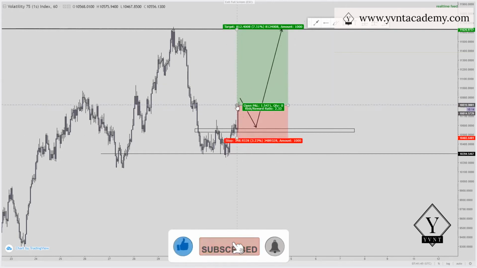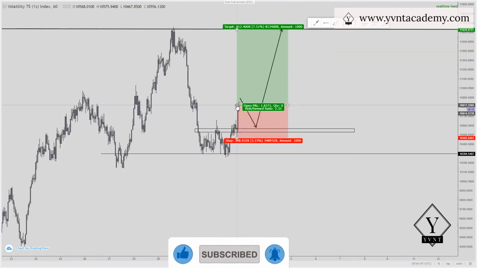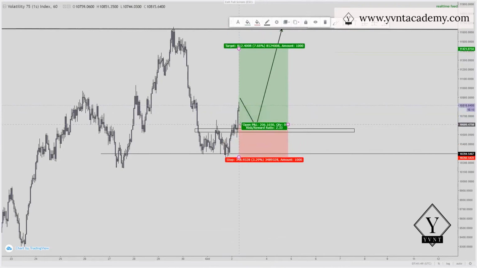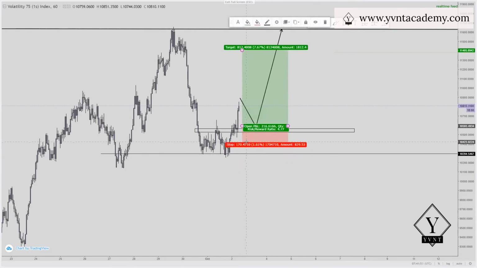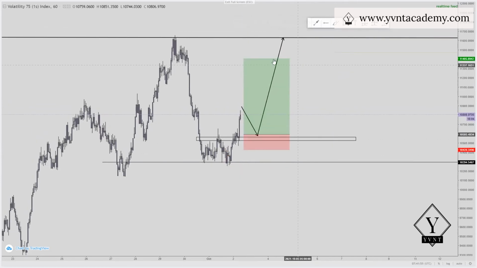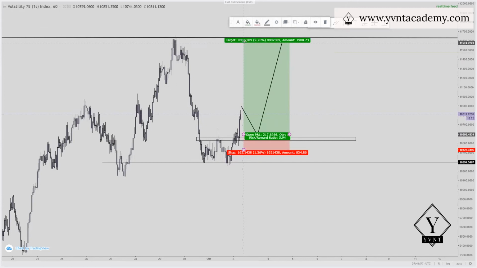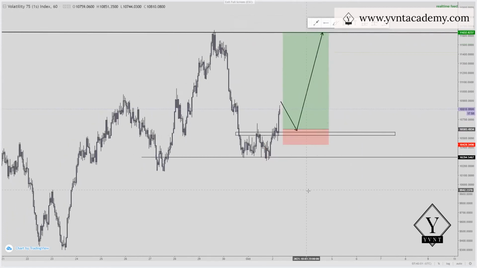Even though your account is big, just wait for price at least to come back around here. We might even get a tighter stop loss like this, and then our reward would make sense. Because the most important thing is our reward must make sense. Yeah. So this is how